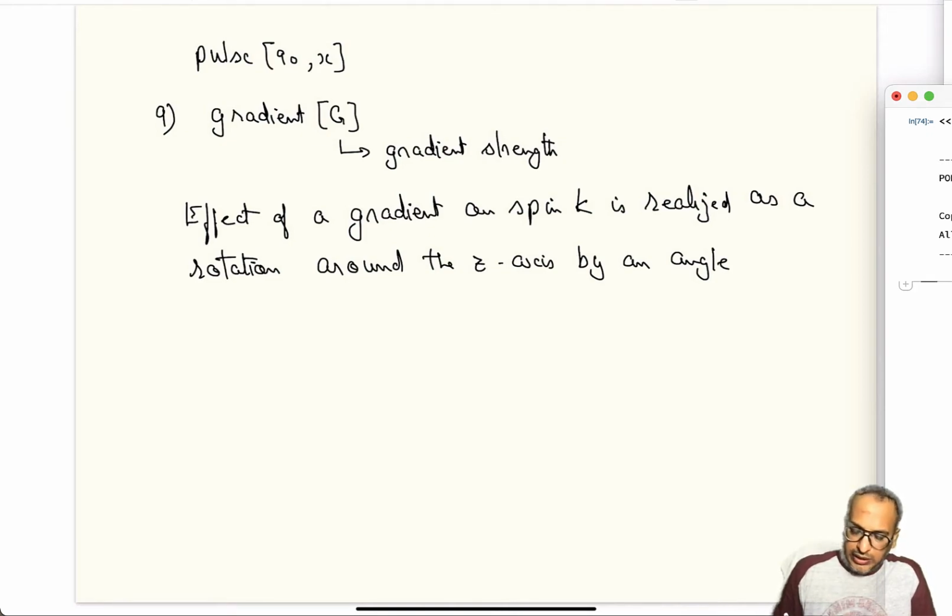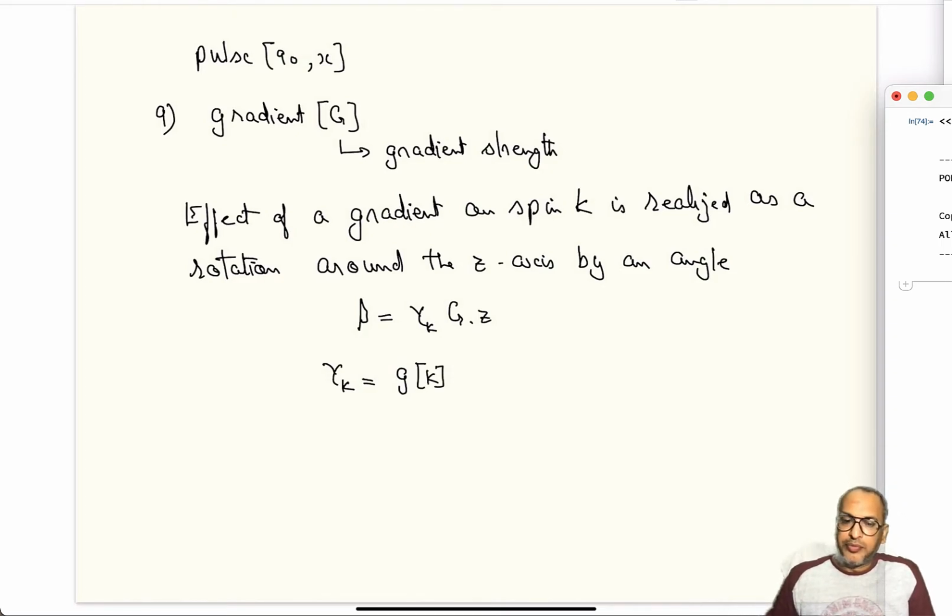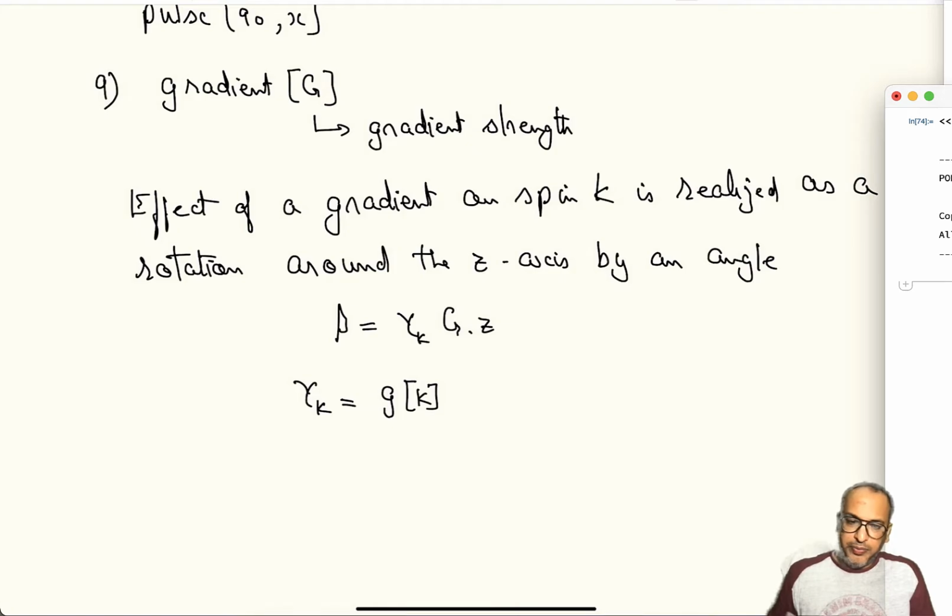Let's call this angle, I don't know, beta, equal to gamma k, G and Z, where Z is the distance at a particular sample slice from the origin of the gradient, right? So gamma k is defined as gk. So this is the gyromagnetic ratio. Then